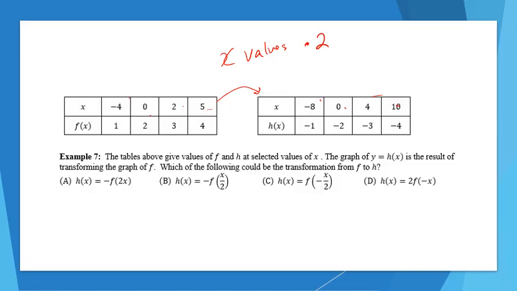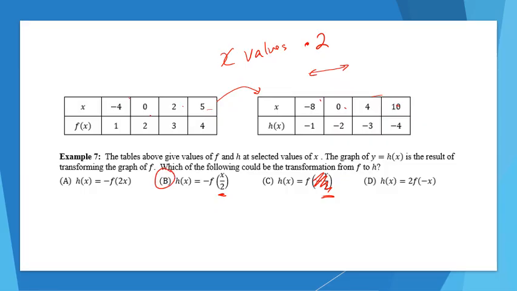And so where does that happen? What we want to do is that's going to affect the x values horizontally. So it's going to be on the inside. And it's not going to be by a factor of 2, right? It's going to be by a factor of 1/2. So it should be B, should be our answer there. Or it could be C, but here we don't change the sign, so it should just be B is our